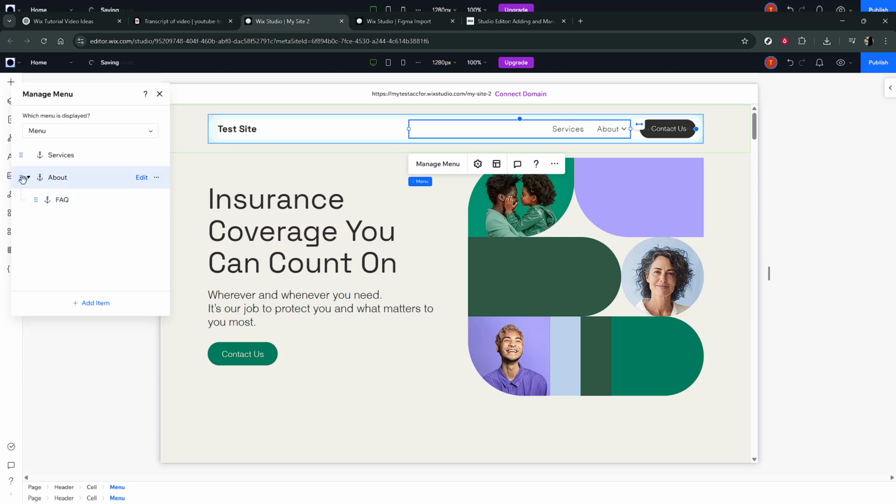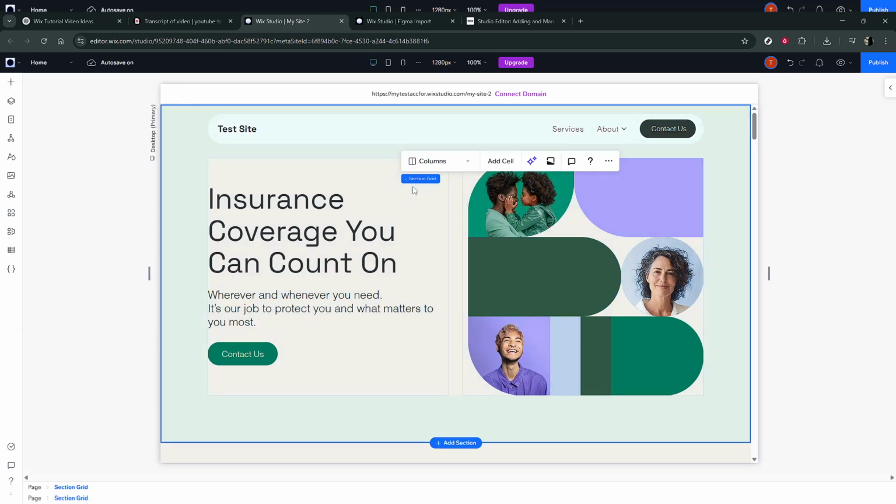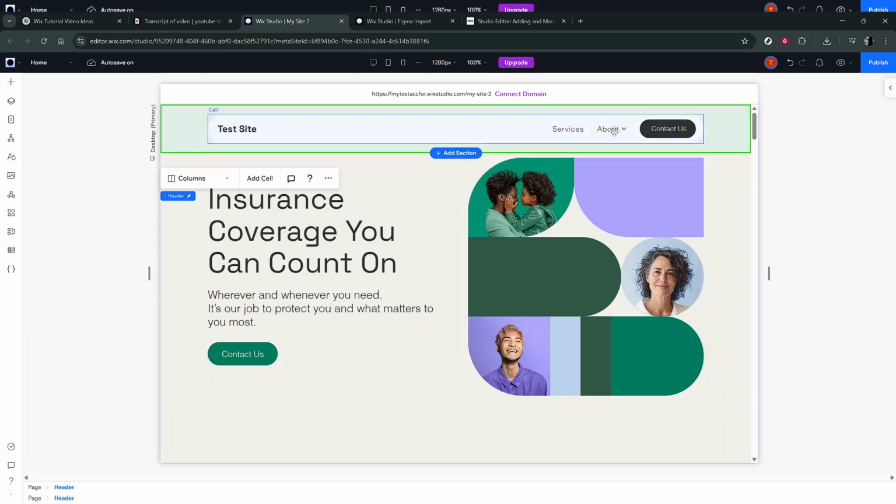By following these steps, you'll have a fully personalized navigation menu that aligns perfectly with your website's design and user needs. I hope this guide was helpful for you, and you're now ready to create a more intuitive browsing experience